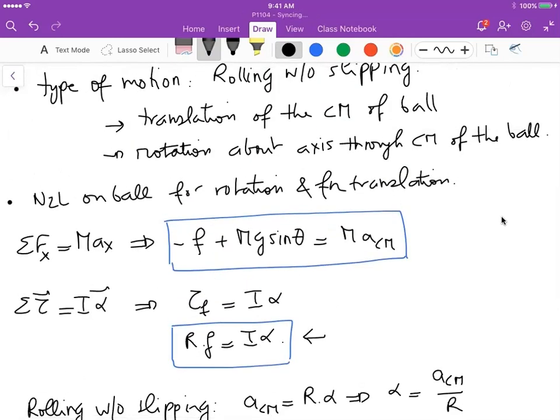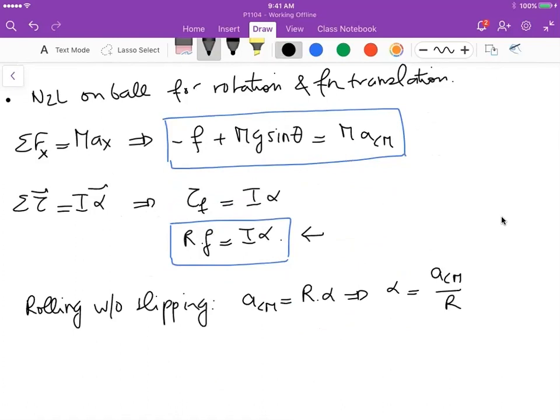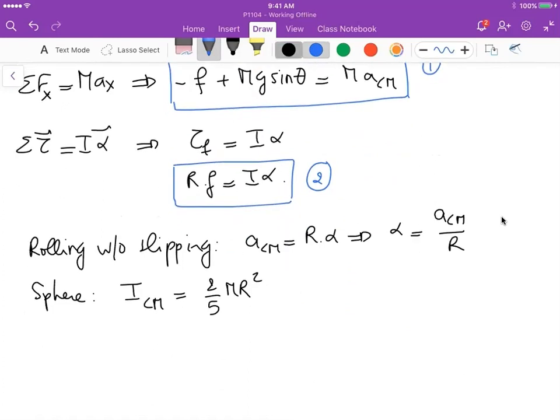لأنه عن جديد نحن لما قلنا أنه الرولينج هو عبارة عن قسمين translation وروتيشن، قلنا أن الروتيشن هي about the axis through the center of mass. So for a sphere we know that the moment of inertia of a sphere with respect to the axis through the center of mass it's given by 2/5 times m times r squared. Okay, so إذا استخدمنا هدول الانبوت two inputs الايكويشن 2 شو بتصير؟ let's call them 1 and 2. then equation 2 بتصير كالشكل التالي